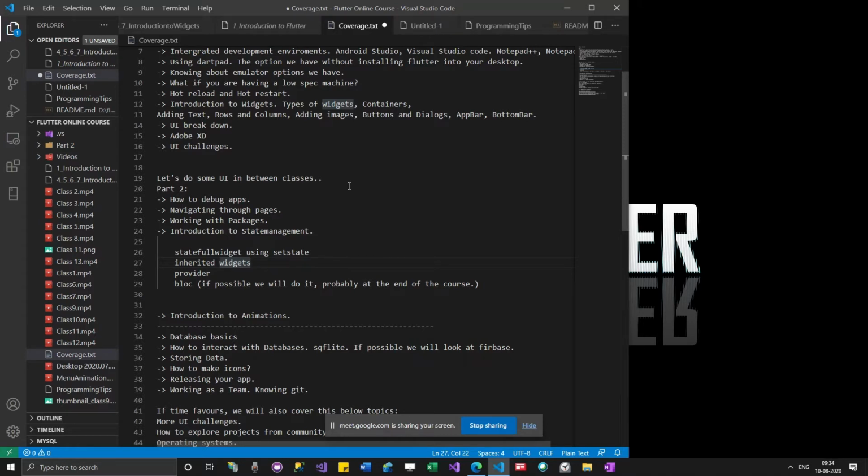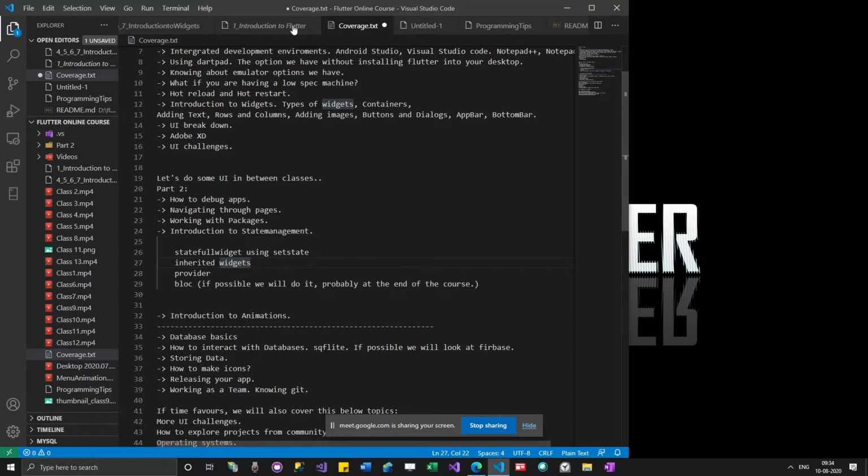Setting the state is done using maybe a stateful widget or provider or bloc. Inherited widget is more about accessing the state and reducing the boilerplate code. When we come across something like provider, we'll no longer use inherited widget. So we just have to learn what it is for, just improving our knowledge of Flutter.